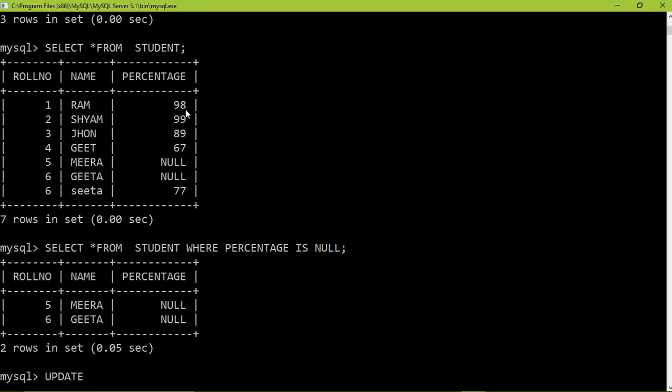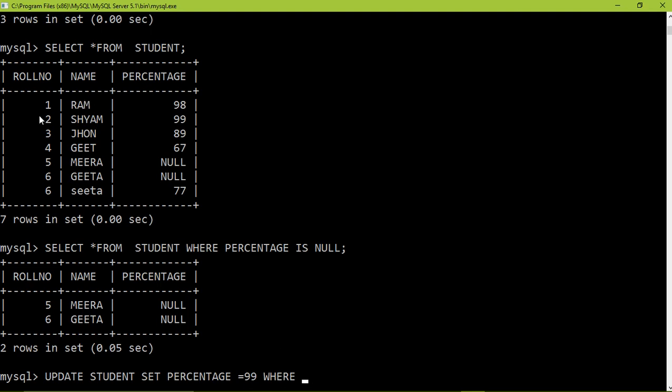Update student, set percentage is equal to 99, where, of whom do we want to set the percentage to 99?